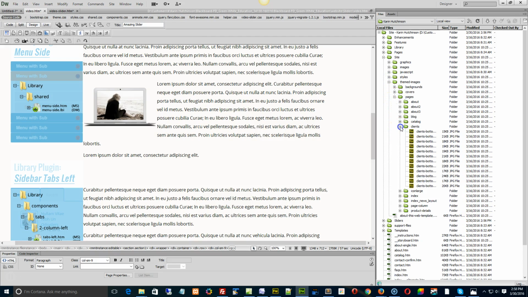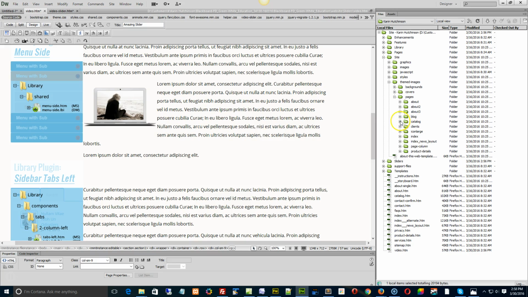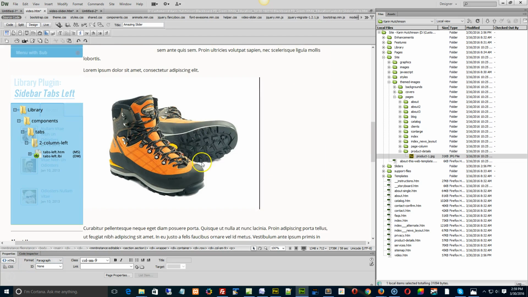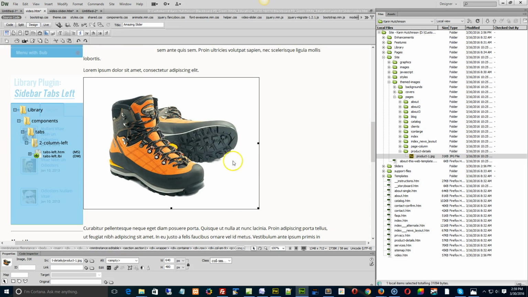I'm going to see if I can find something that's really big. No, it's not going to be very big. This should be a fairly good size image. Looks like I was dragging on the wrong spot there. So now you got a bigger image here, and this is where you would find the image tag, and you're going to set class,